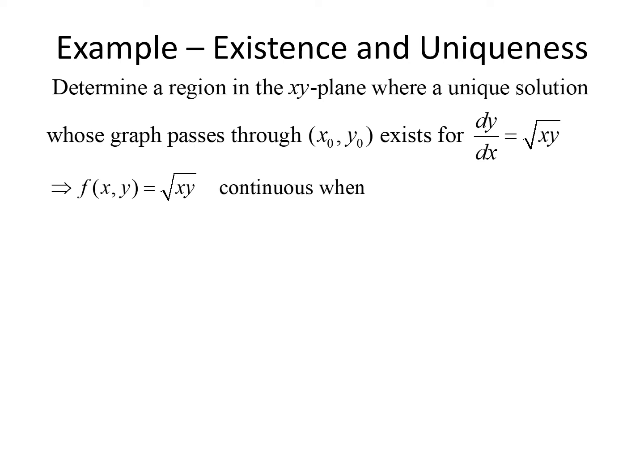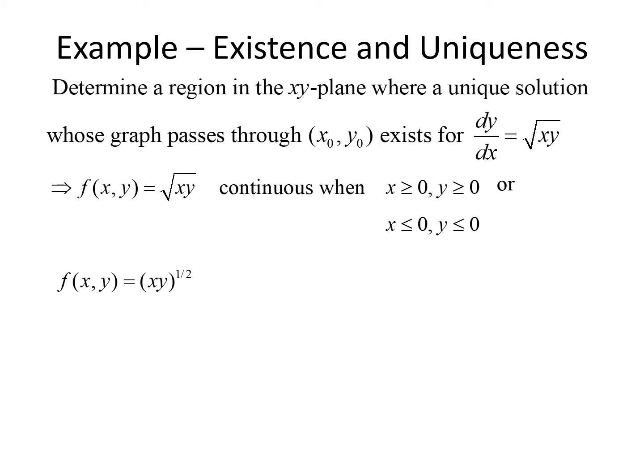So that means that this will be continuous when x is greater than or equal to 0, or y is greater than or equal to 0. So if I multiply two positive numbers together, that'll give me a positive number, so that'll be fine underneath the radical. Alternatively, we could do x is less than or equal to 0, or y is less than or equal to 0, and get the same result. So there are two possibilities here to make sure that f is continuous. The second part of the theorem says that the partial derivative of f with respect to y has to be